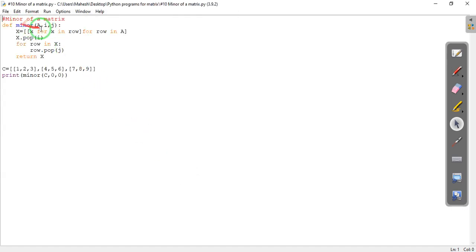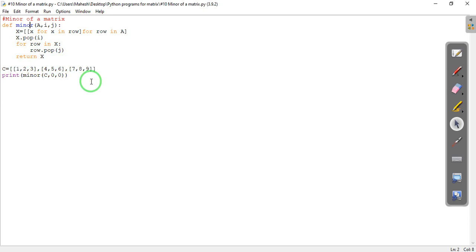So for minor of a matrix we have this. We have defined a minor aij to be this, x for x in row for row in A, and then we have used the pop function over here.